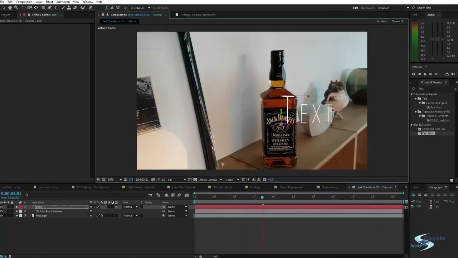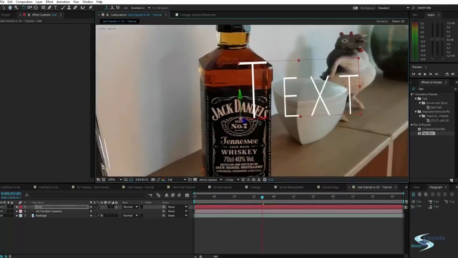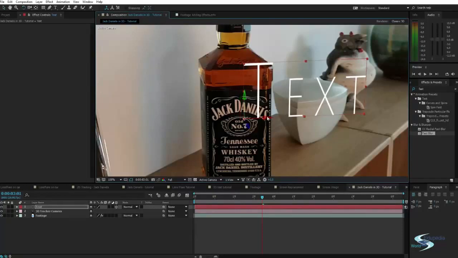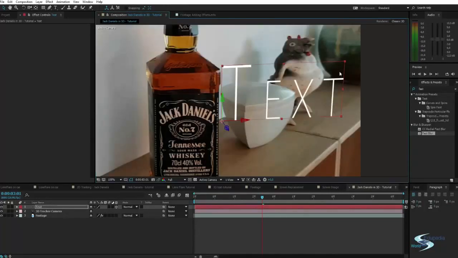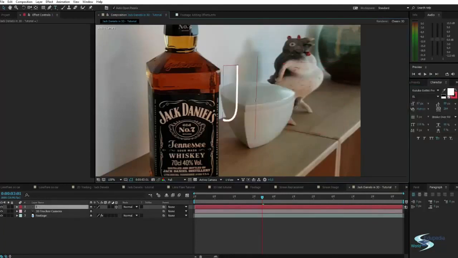Press W to rotate the text, and then it's actually just a matter of aligning it. So I'm looking at the bounding box of the text and just quickly trying to align it with the bottle. Then I will move it over here because that's where I had the other text. And double click and just type in Jack